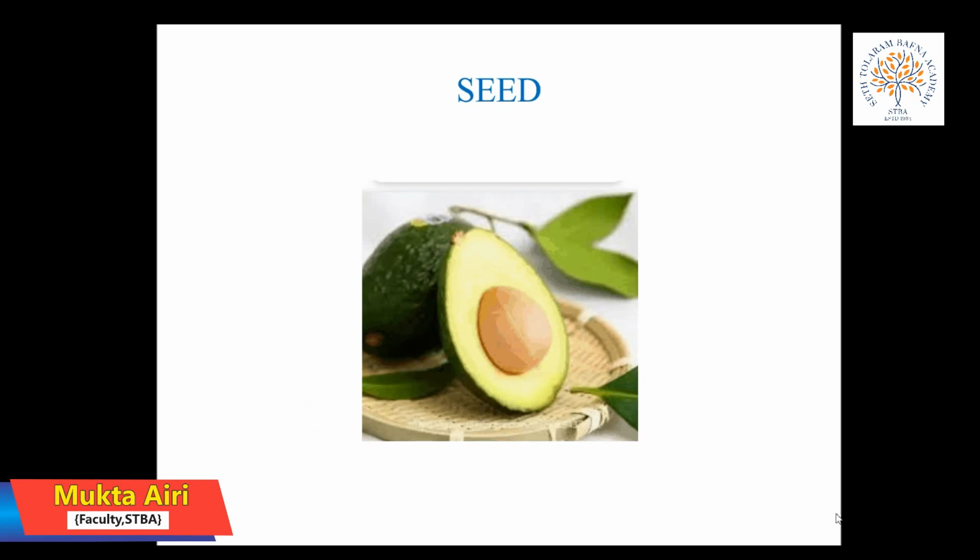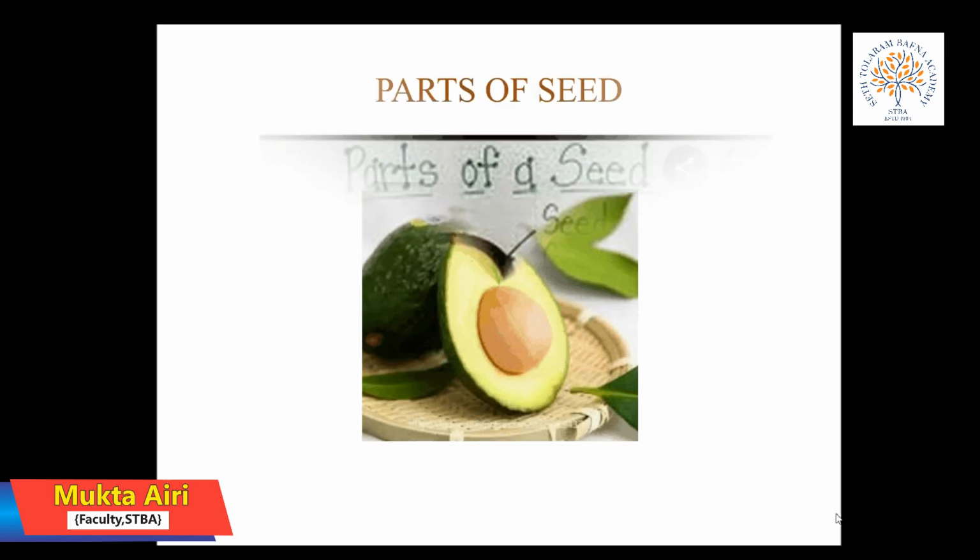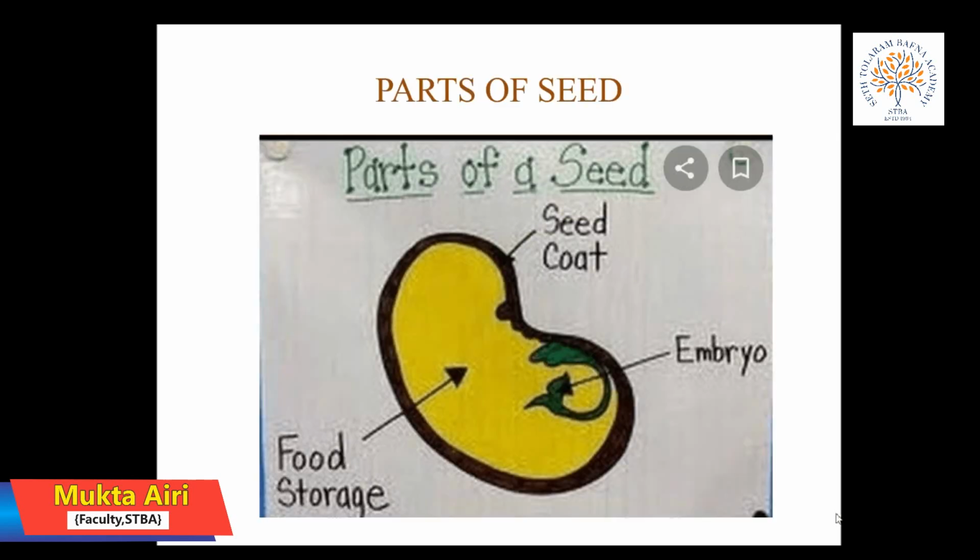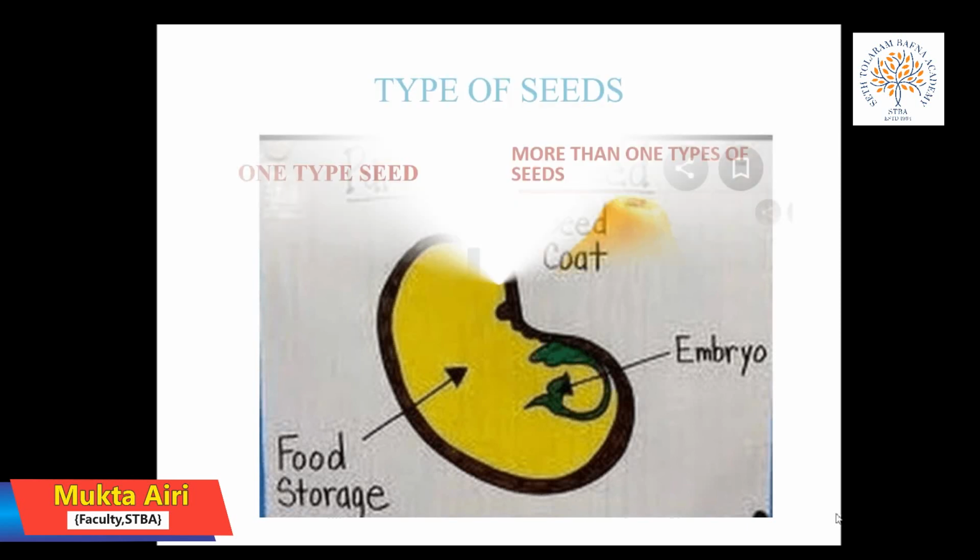Seed. Most fruits have seeds. Seeds are of different shapes, colors and sizes. A seed is the part of a flower from which a new plant grows. The fleshy or hard part of a fruit protects the seeds till they are mature. When the fruit ripens, it falls to the ground and gets squashed. The seeds come in contact with the soil and a new plant grows.